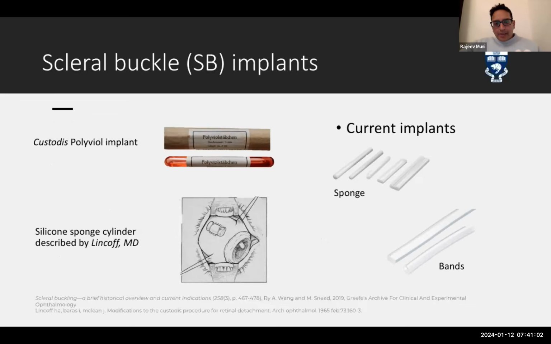Mohammed, if I can just chime in there, I think that it's great that you looked into this history in detail, because you can learn so much from what was done in the past. And Custodis deserves a lot of credit, because he was the first one not only to do a scleral buckle, but also to recognize that you did not need to drain subretinal fluid,